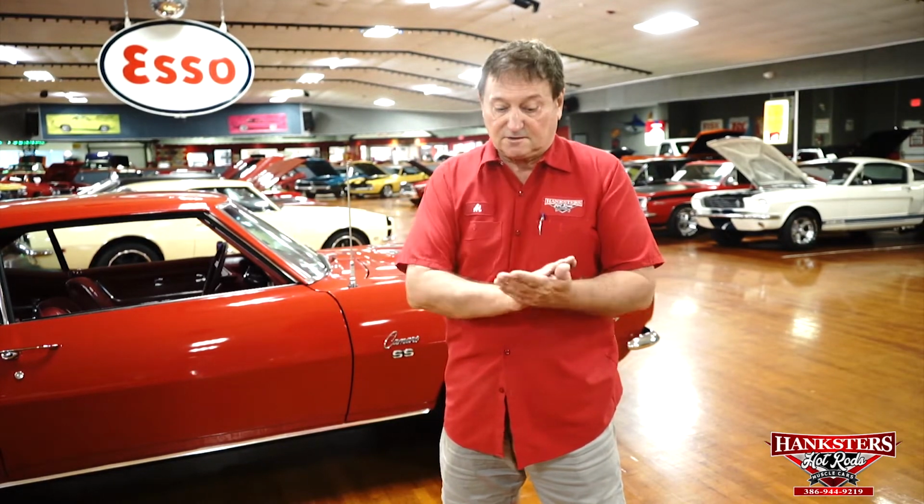It's just a nice car all around, and we're offering it here at Hanksters just because we have an influx of some vehicles coming in that we got to make room for. This is one of the cars that we just don't have time to go ahead and finish to the point where we're going to sell the car for $40,000. So you have to take a look, because you're going to buy this car for less than $30,000,